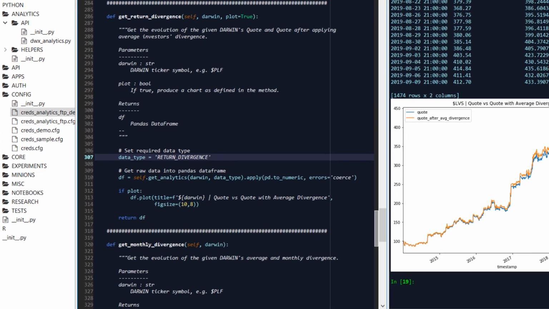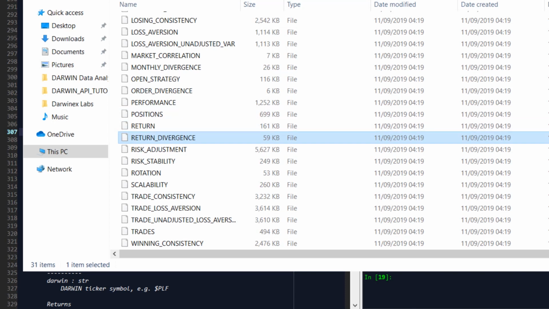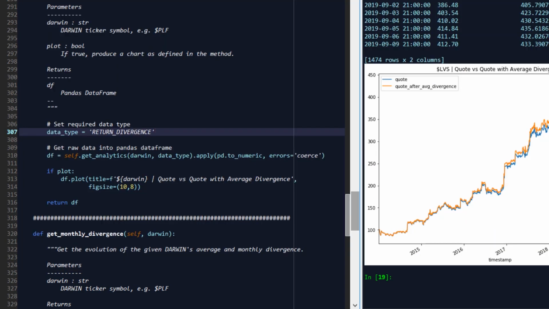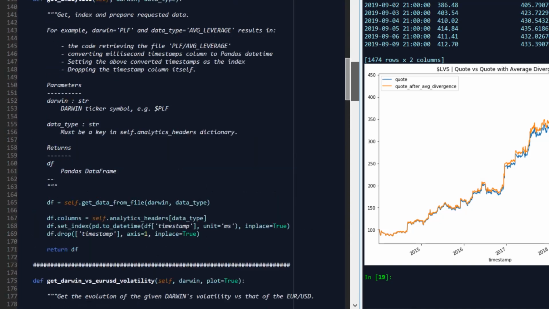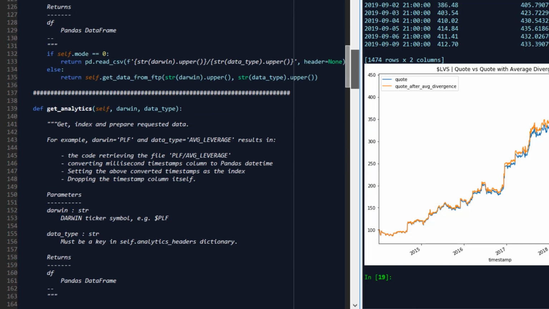Again, this function has the data type specification as return divergence. Important note here, once again, return divergence needs to be specified in correspondence with the file name on the FTP server. So if the Darwin doesn't have that file name, this call to the data type return divergence will fail. And the second thing is that the return divergence also needs to have a corresponding analytics header definition in the analytics headers class variable, which is a dictionary object. So here we notice we have return divergence and monthly divergence specified for you with their header definitions, timestamp, quote, etc., etc. Going back to the function,